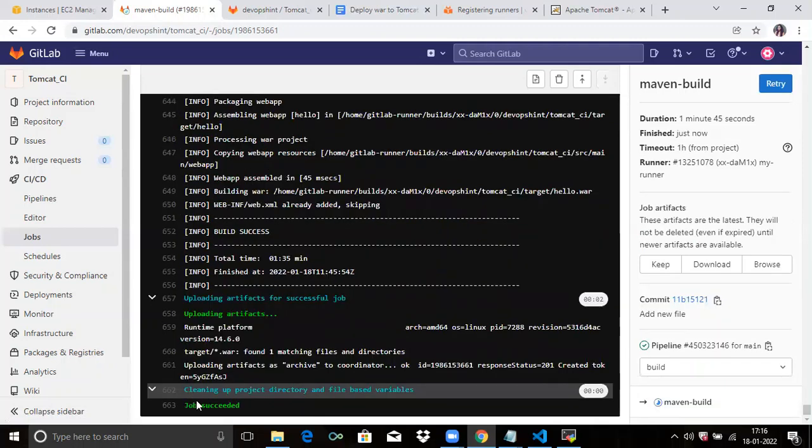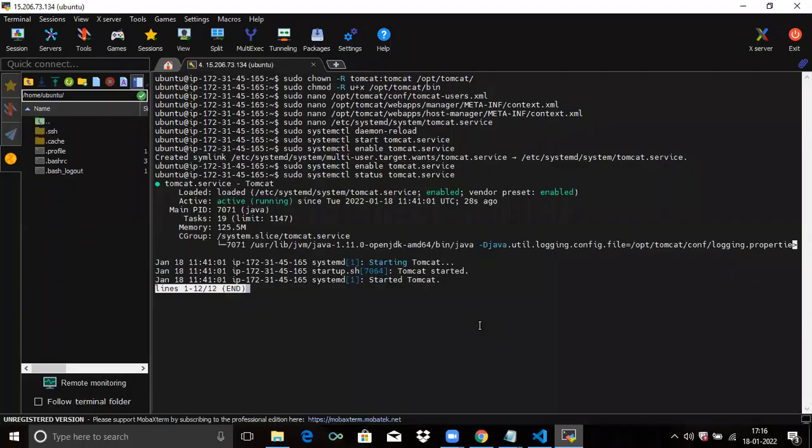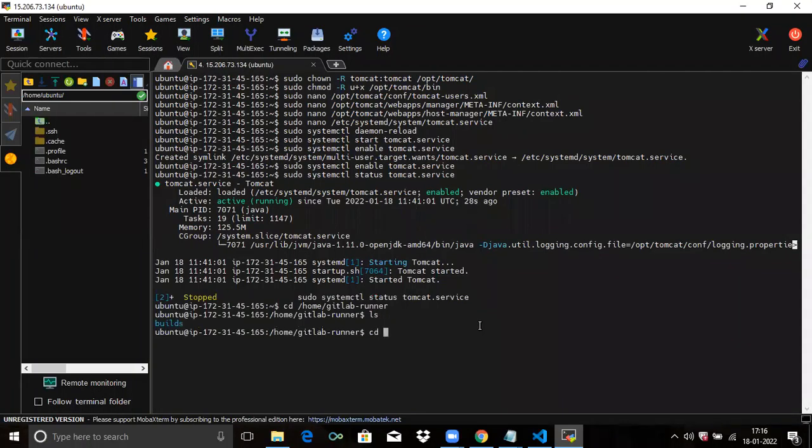So you can see here job succeeded. That means our pipeline ran successfully. So let's check whether our war file is created or not. Firstly, go to cd /home/gitlab-runner, then ls, then builds, then ls,